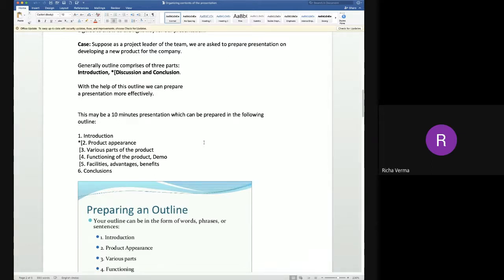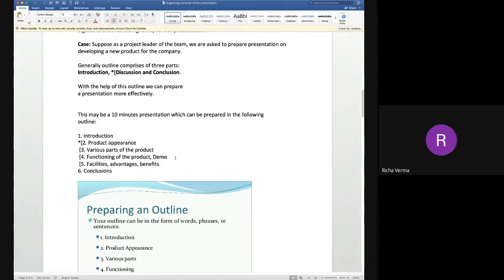It has drainage system. It has got automatic shut-off system. So you have explained everything. In the second part, you have explained about the various parts of the product. So how those parts of the product are working, and what is the working condition of those parts of the product, you have explained here. Then the functioning of the product, that is, how the design of the product is done.